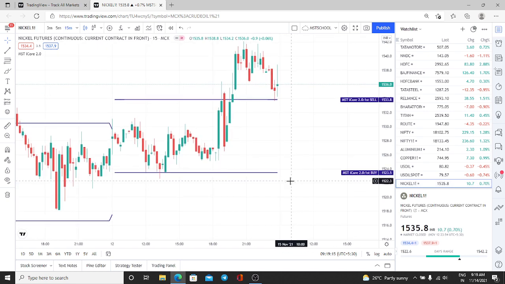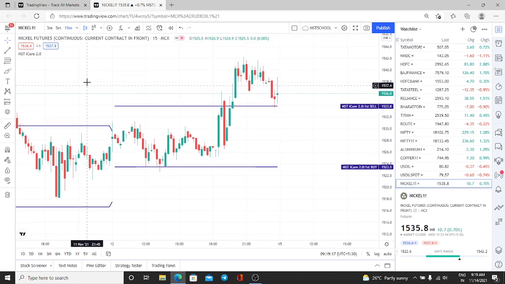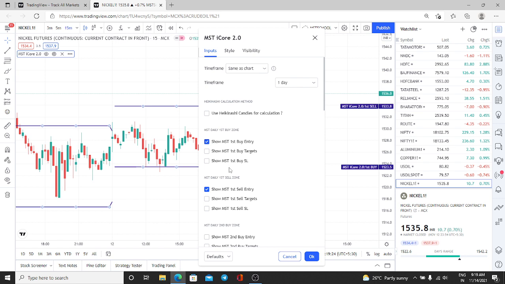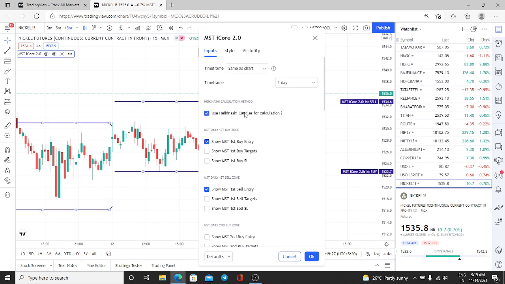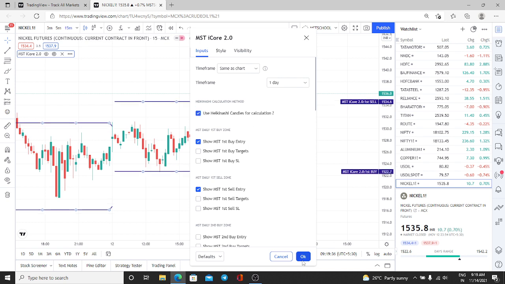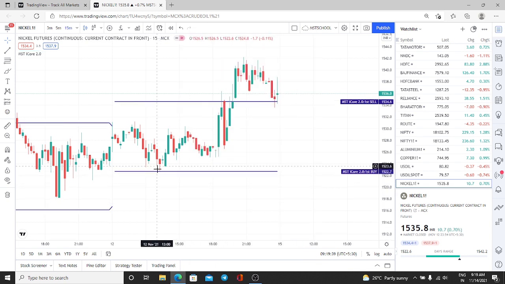Okay. See here, nickel, see the perfection. Exactly, buy entry activated and all the targets have been hit. This accuracy you will never find anywhere. See here, in normal candlestick, here exact buy entry activated. When you change to Heikin Ashi, it is giving more accurate. See here, exactly here, exact reverse point. The entry price was 1522.7. The low was 1522.6. Only 10 paisa it has come down after the entry.